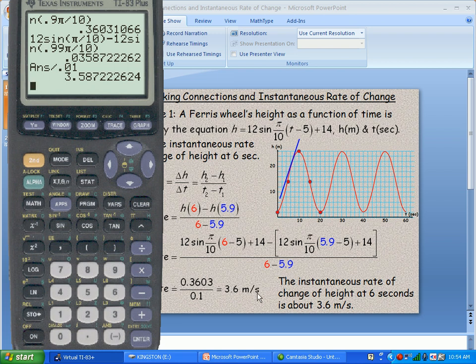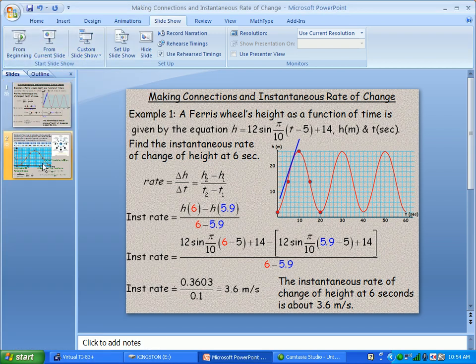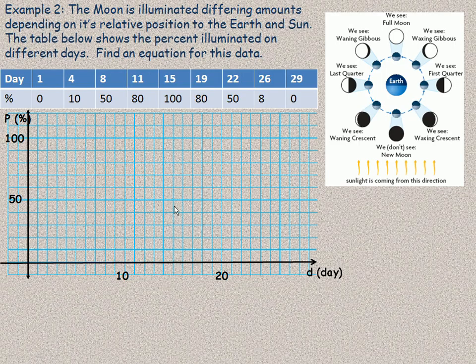On to the second example. We're given that the moon is illuminated differing amounts depending on its relative position to the Earth and Sun, and we can see in the diagram as the moon revolves around the Earth, it's illuminated different amounts from the Earth and by the Sun, of course, and so we go everything from a full moon to a new moon. And the equation for a particular period of time is given in the table here, so we're going to graph